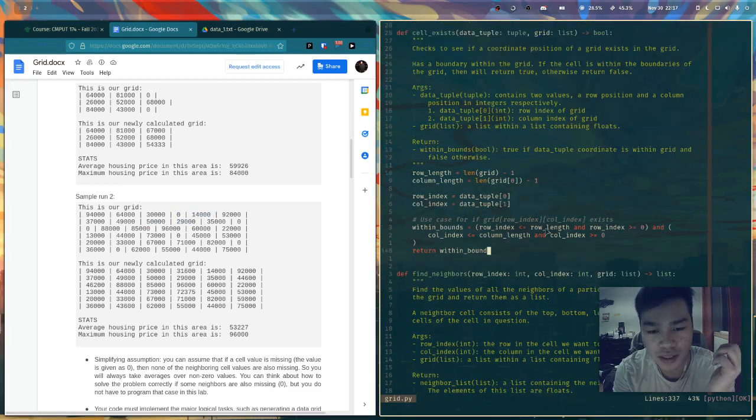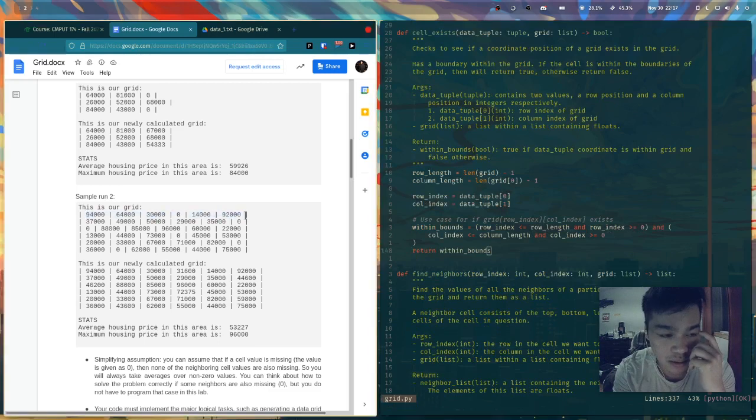So row index is less than or equal to row length, and row index is bigger than or equal to 0. So basically, it just means that it has to be smaller than out of bounds over here, so it has to be smaller than this, and it has to be bigger than 0. And then after that we have the